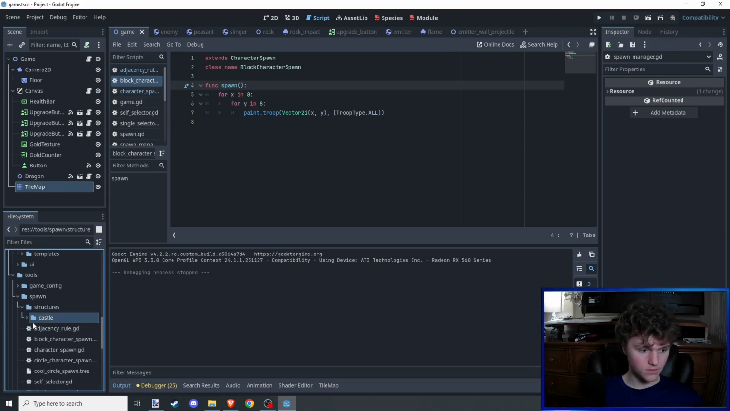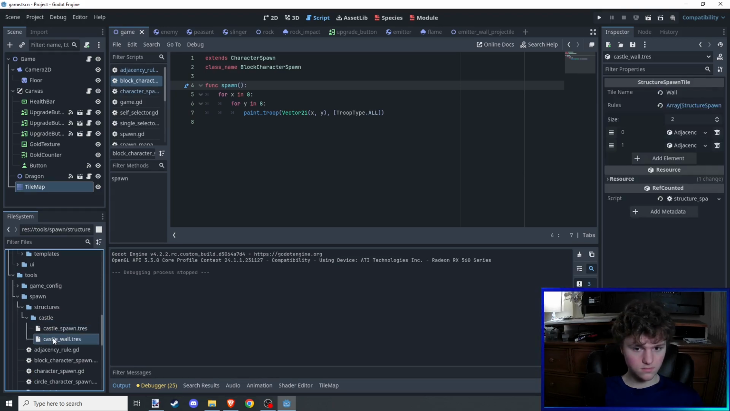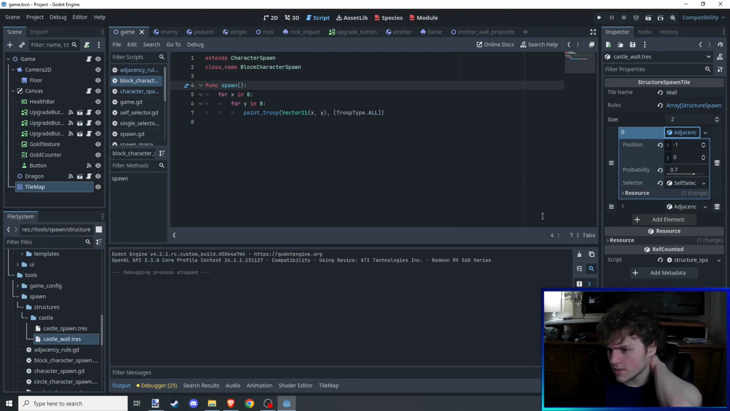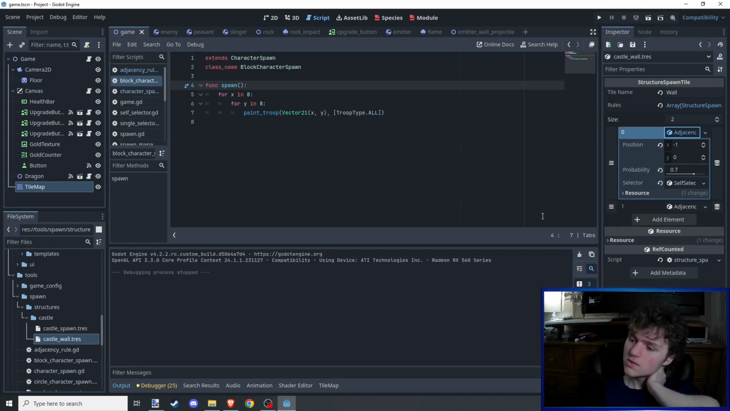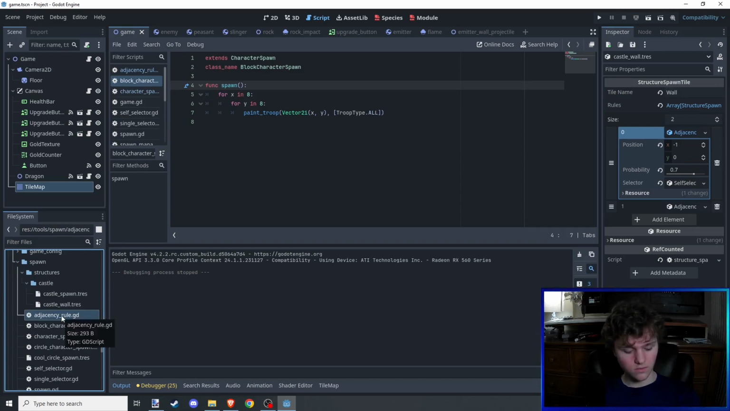Spawn, structures, castle. Castle spawn, castle wall. These are adjacency rules. Okay, that makes sense. So what we want is, do I want to use a single rule for all of this or somehow split this up into multiple rules? I guess we could probably use a single rule. Yeah, let's create a new rule. We'll call it,